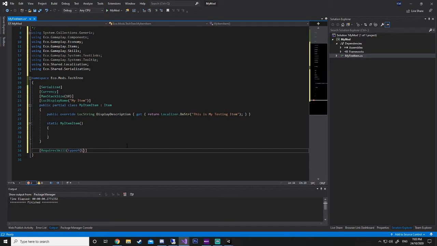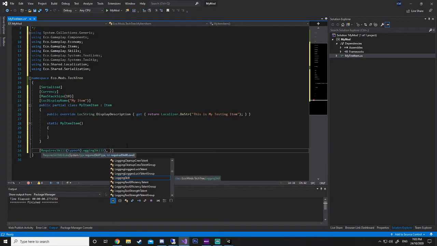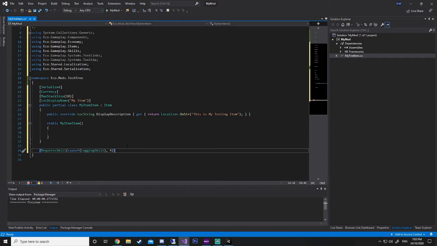So say LoggingSkill, and close that off. And then after we've actually put in our skill, we can select a specific level. So you don't have to, but say we want them to have to be like level 4 to be able to use our skill. And then that's all we need to do there.